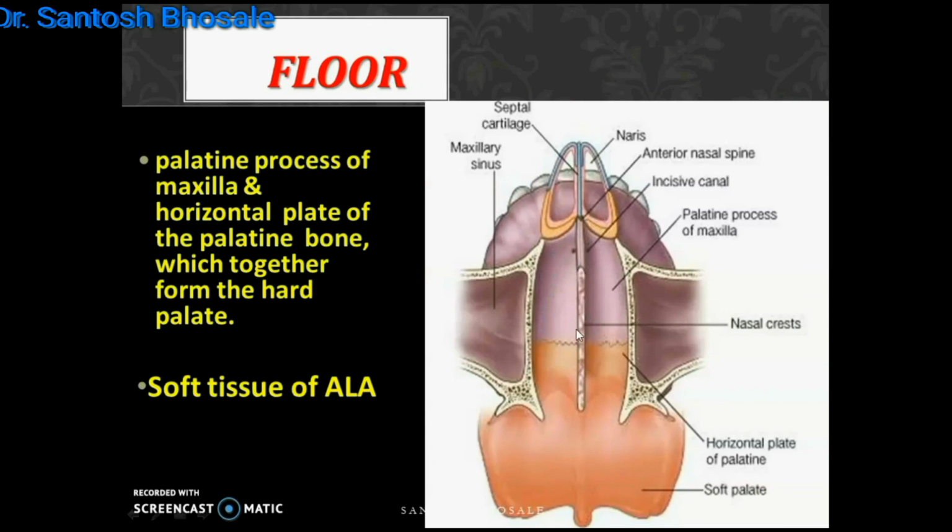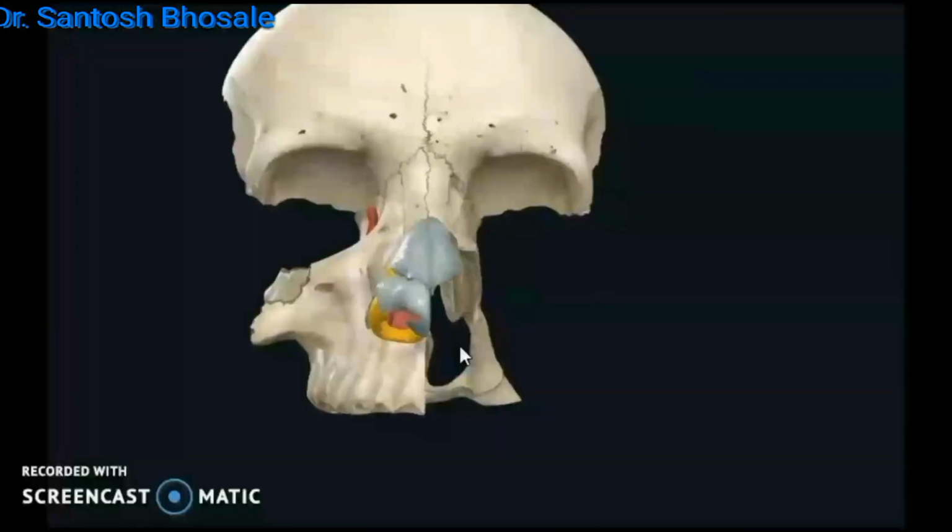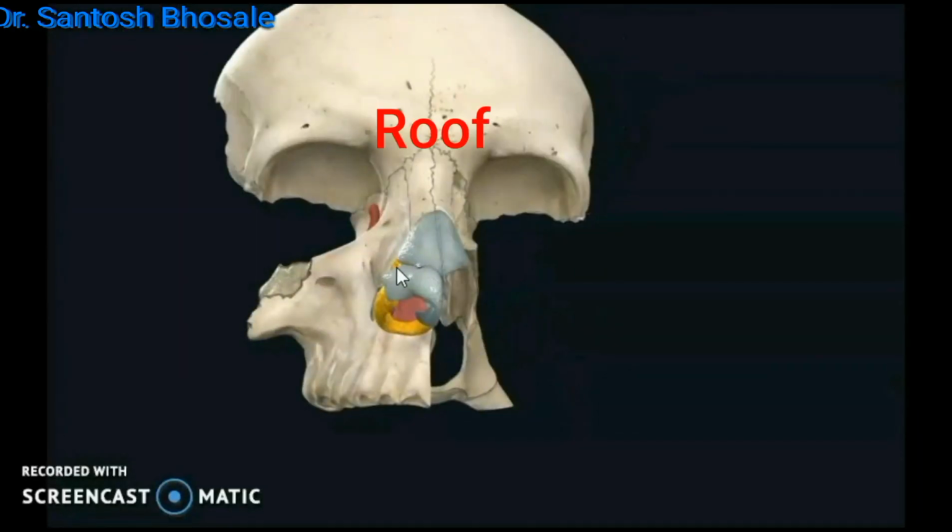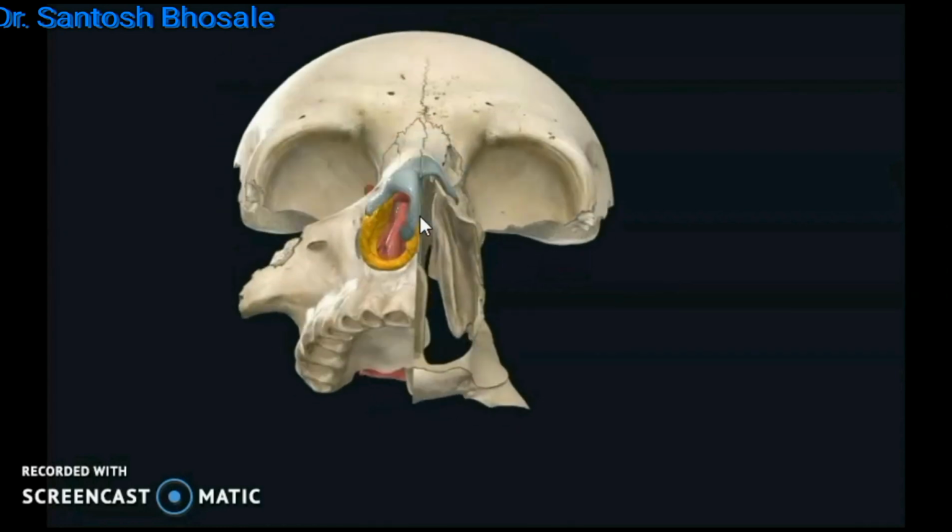then by the palatine process of the maxilla, and behind by the horizontal process of the palatine bone. And these two bones form the hard palate, and you can see the posterior crescentic margin of the palatine bone, and the anterior and posterior nasal spines there. And the floor of each half measures around 7.5 centimeters in length and around 1.5 centimeters in width. You can see the roof is there, the medial wall, the nasal septum, the lateral wall is bony and irregular, and the floor, you can see the floor of the nasal cavity.